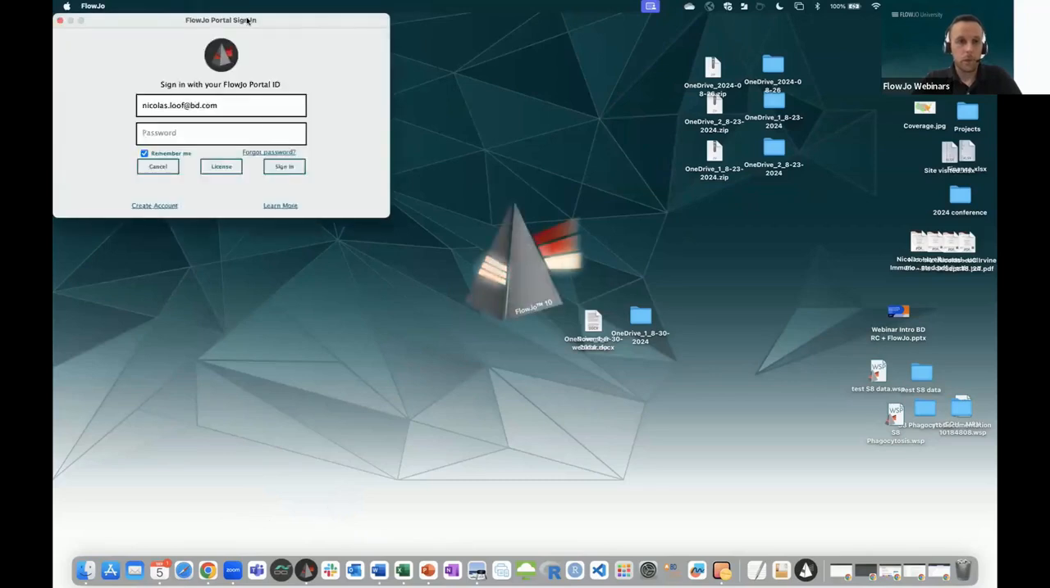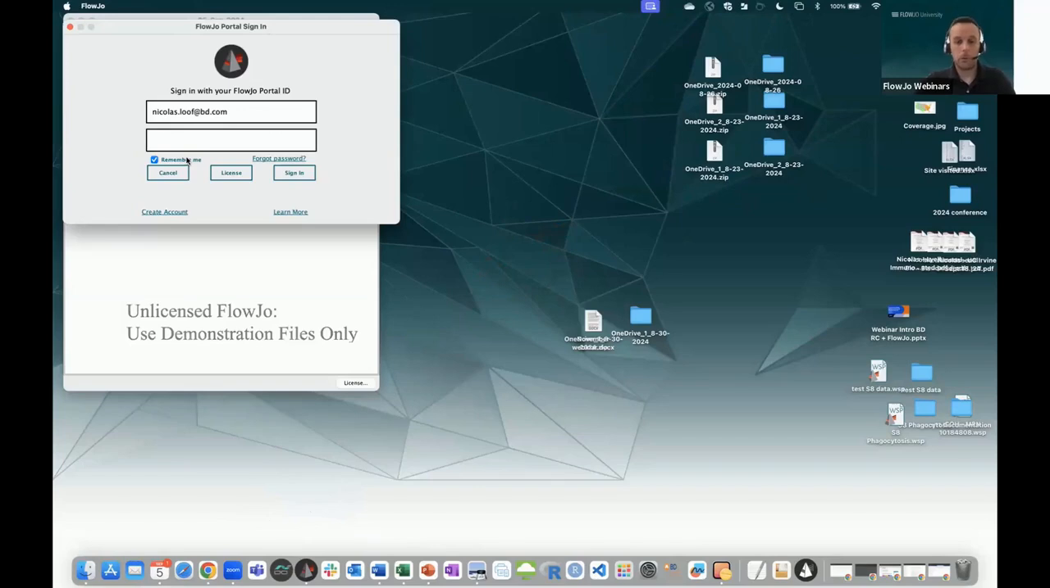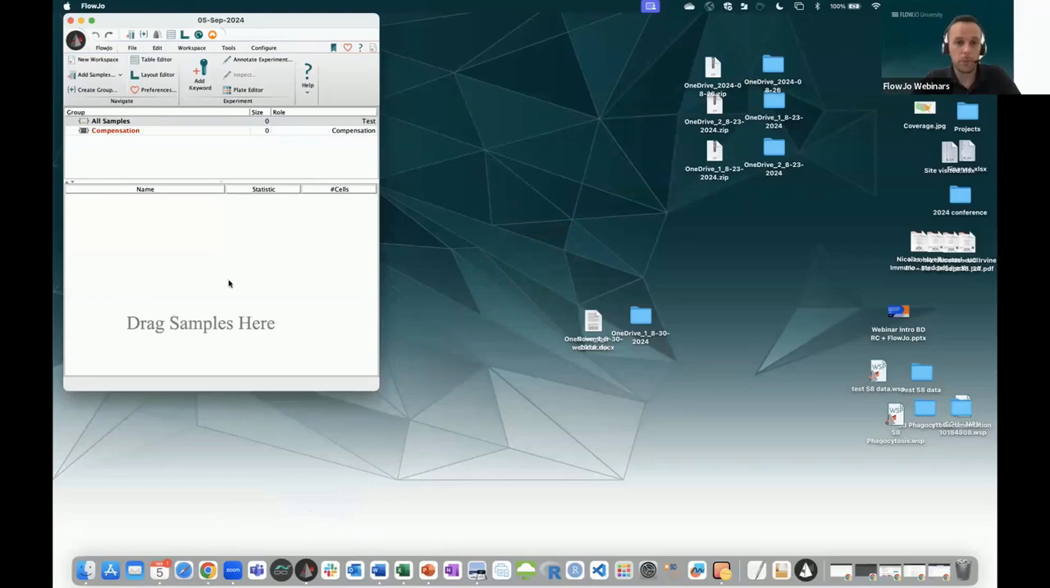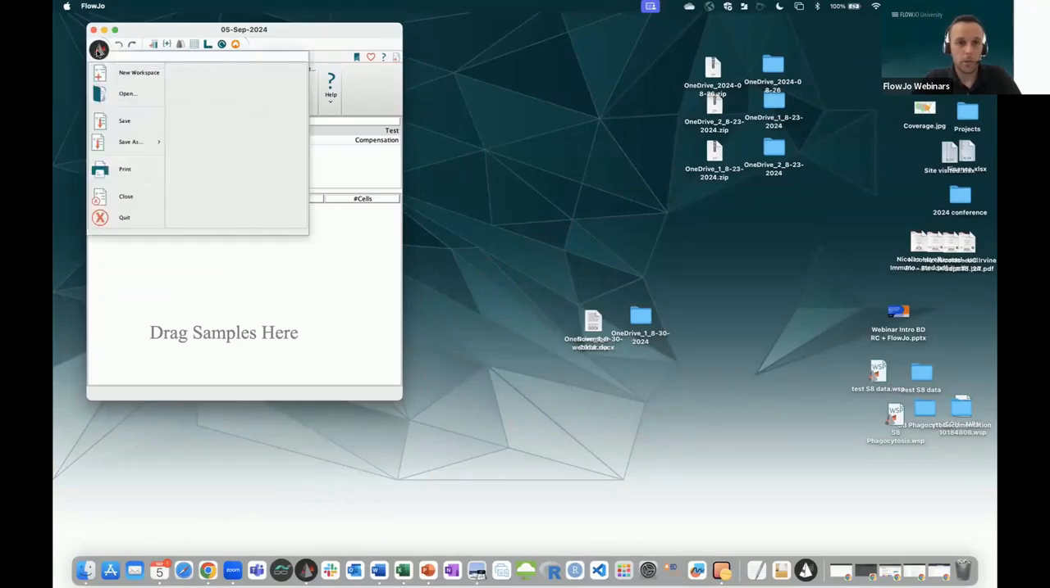Okay, so I have a portal account, so it asked me for my credentials. I have a show remember me button, sorry, so that I don't have to type my credentials every time. Open FlowJo. There you go. I'm licensed. All right, so just a quick reminder, if you click on your FlowJo icon, it's mostly to save